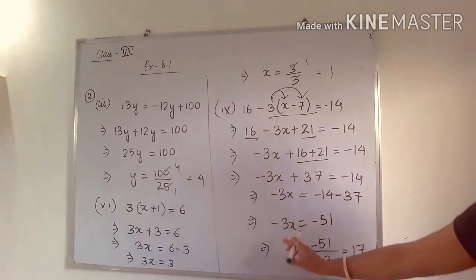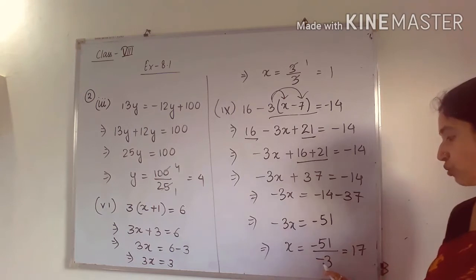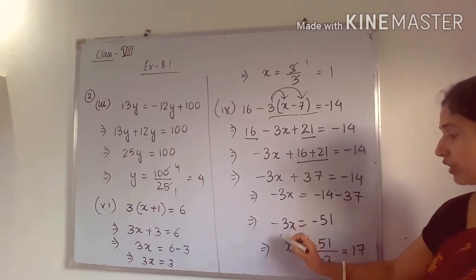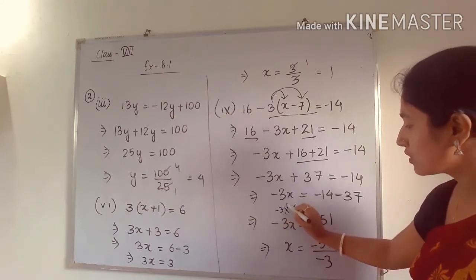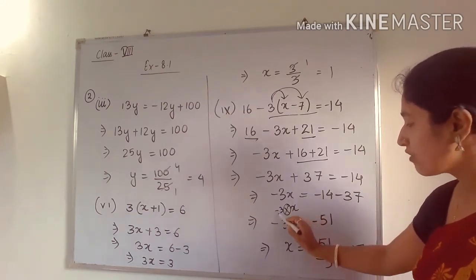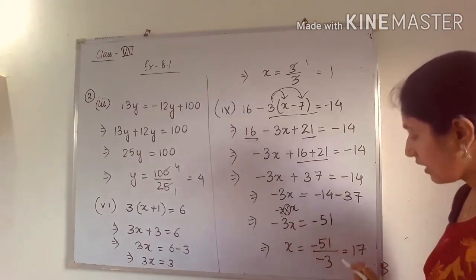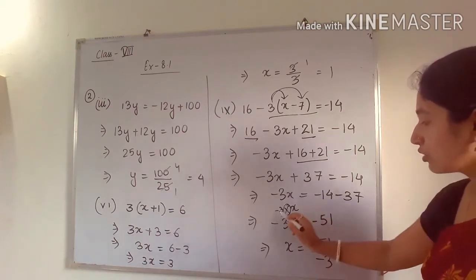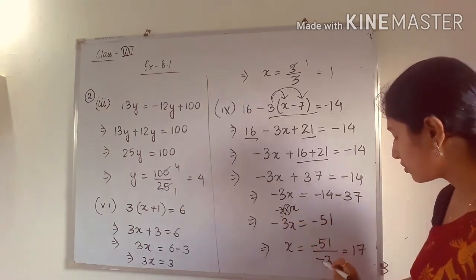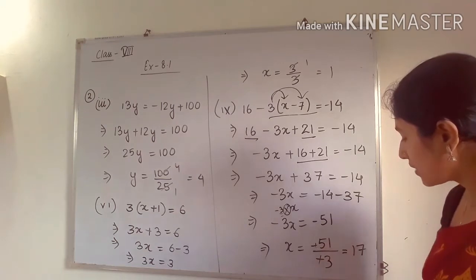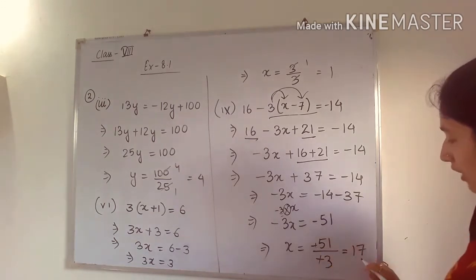Here remember, here also there is a minus symbol. Don't change the symbol minus to plus, because here we are operating with the symbol. Here minus 3 is multiplied with x. So this symbol is operated here. That means if we transpose minus 3 to that side, it will get divided. Okay. So there will be no change in the symbol before 3. This will be minus. Okay. So here minus will be cancelled, and when we cancel 3 and 51, it will be what? 17. Okay.